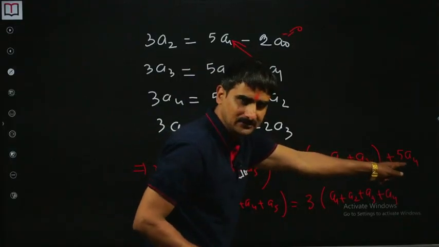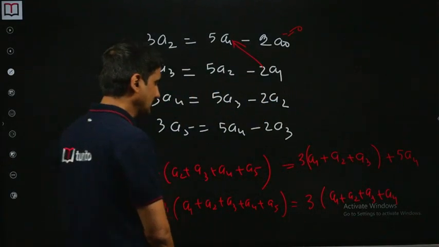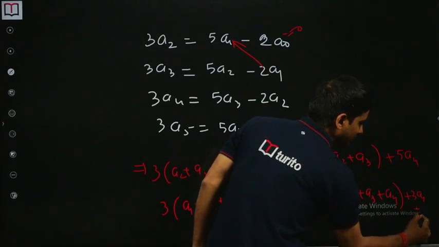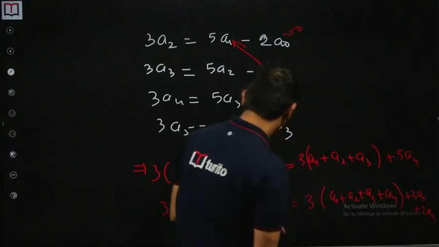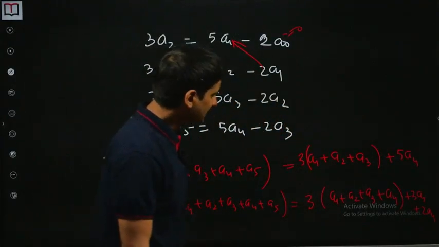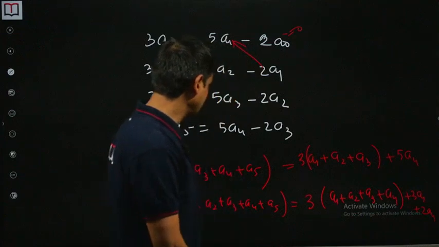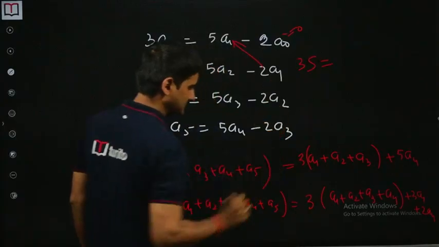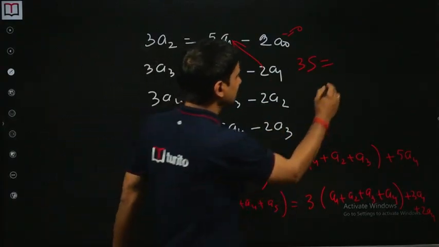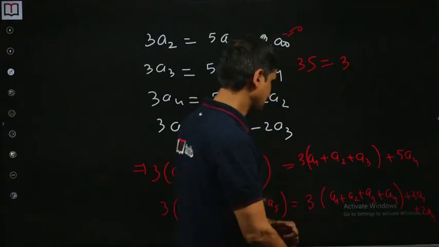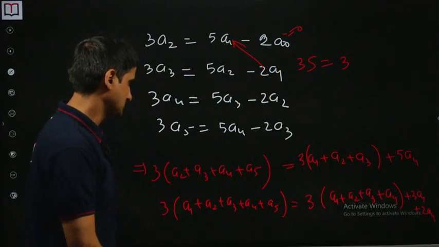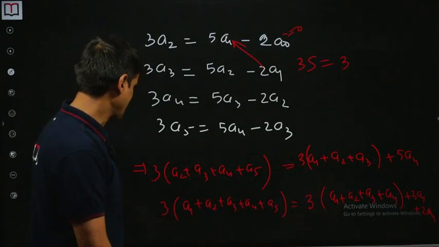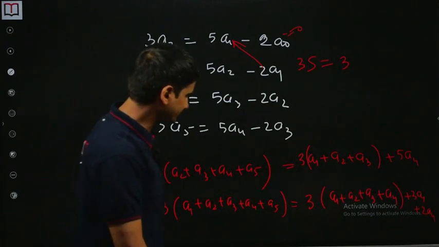I am taking out 2a4 from here, and then this is plus 3a1 plus 2a4, 3a1 because we added this side, and 2a4 which we are left with here. So this is 3 times s. That's what we need, 3 times s, which is equal to 3 times s minus a5. No,